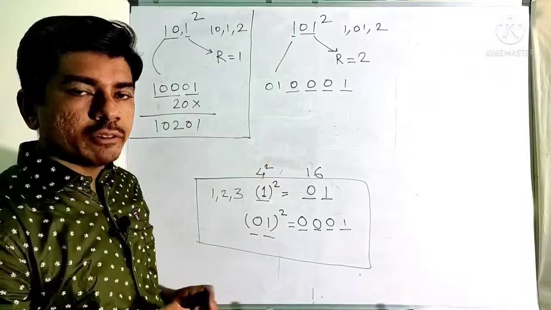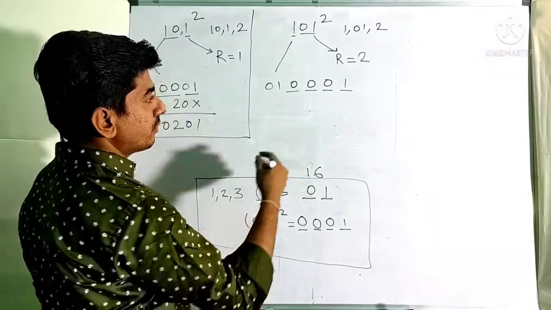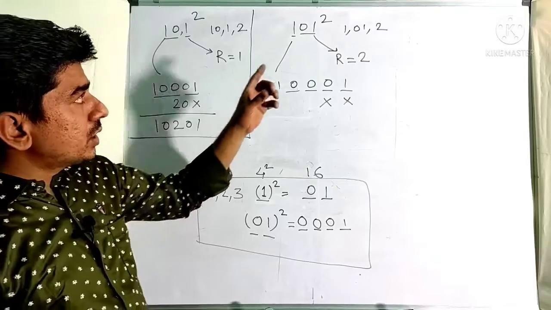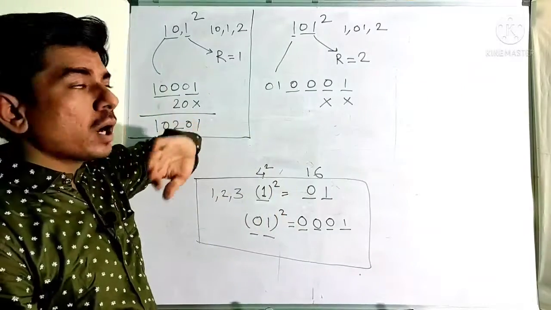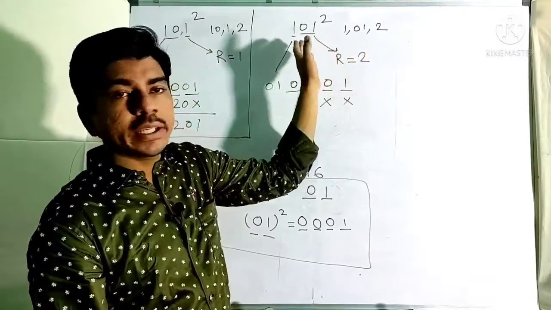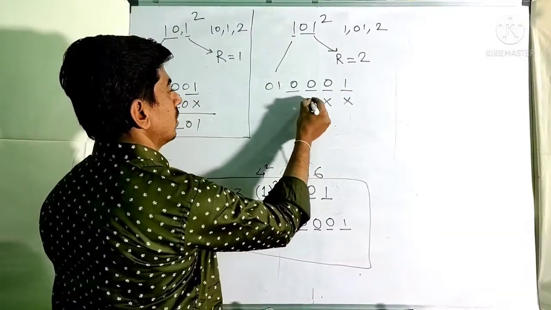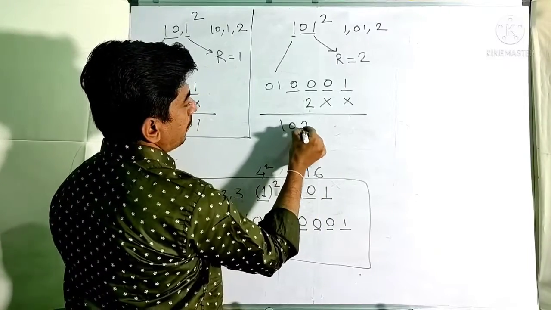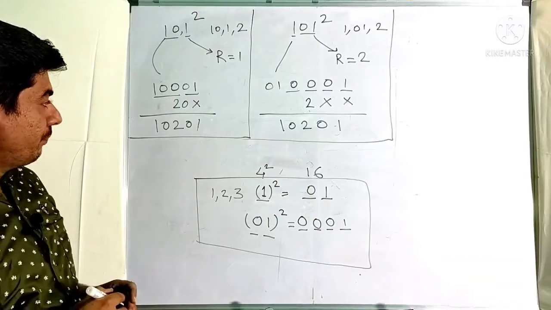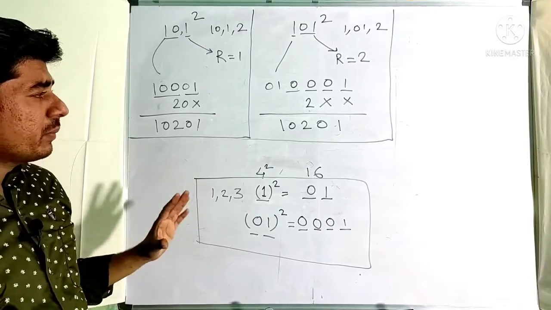Now how many places I have to leave? See, the right part is 01, it has 2 digits, therefore you should leave 2 places. Next step is just take the product of the parts. The parts here are 1, 1 and 2. The square will also become a part while taking the product. 1 into 1 will be 1, 1 into 2 is 2. See, compare the answers from both the methods, you will find it the same. 10201, 10201. Okay, this is the basic method.